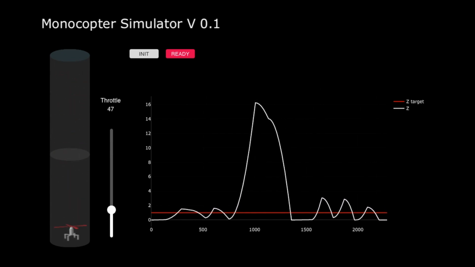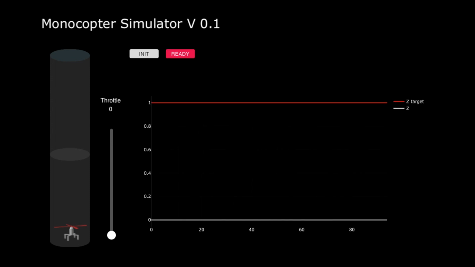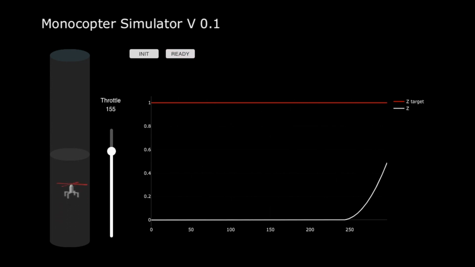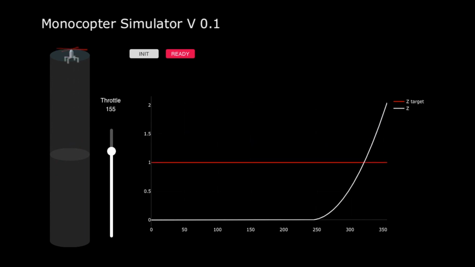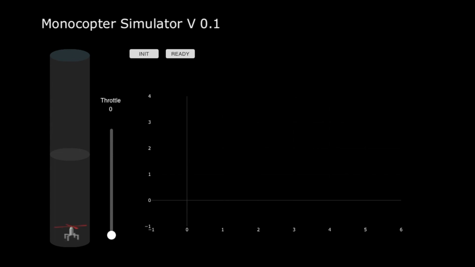To make it hover at the target altitude, you need to increase the thrust much at the beginning for the drone to take off. However, around half a meter height, you have to decrease the thrust in order to make it stay around the target altitude. If you do not decrease the thrust, the drone will fly over the target. You can say that with this acceleration, the drone will never stop and will pass the target altitude in a second.